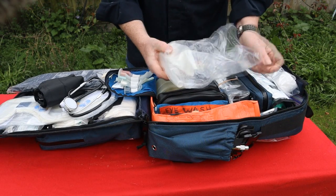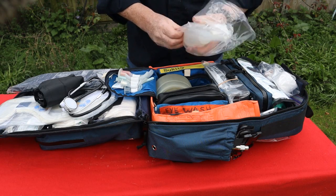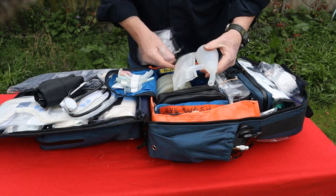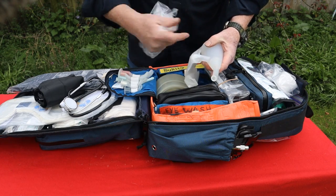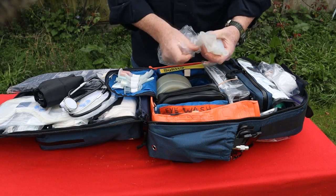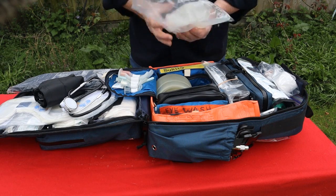And this is a handheld suction. It's a very basic disposable suction unit, so if someone's got an occluded airway for whatever reason, there are various bits of kit, so there's catheters that can go in here and you literally just suck out whatever it is in the airway. So I'm thinking soft tissue damage, maybe someone's been in a fight, they've lost a couple of teeth, they're bleeding in their mouth, it's going down their airway,